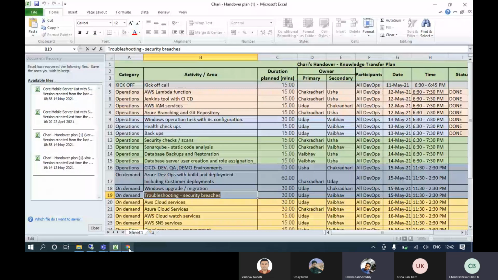Okay, let me tell you the process. Nessus scan is a tool that will scan the server. You need to give the IP, and it will scan that server using that IP. If any port is open, like port 80 which we should not open, or any security breaches are there, it will report them using an Excel spreadsheet.